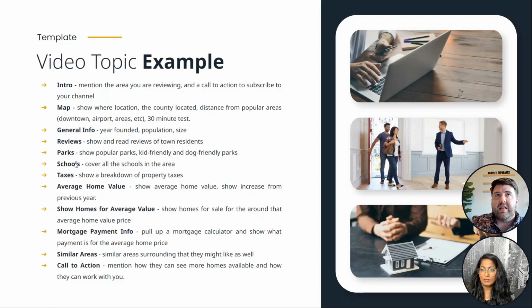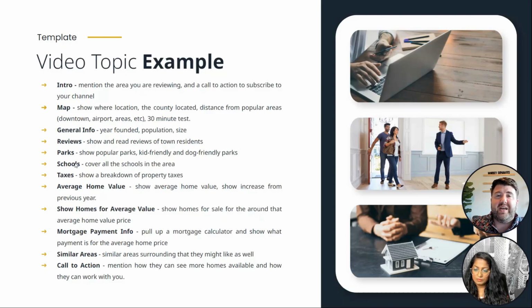So that lets them know that, hey, I might have some equity after a little bit of time in that area because it's growing. And then you take that average home value and do a property search. You're sharing your screen during all of this and show the average home value, what that would get you. So when you do your search, let's say the average home value is 450,000. You're going to show homes up to 450 or maybe to 475 to give a little bit of a buffer. And then show them the average home, what it looks like.